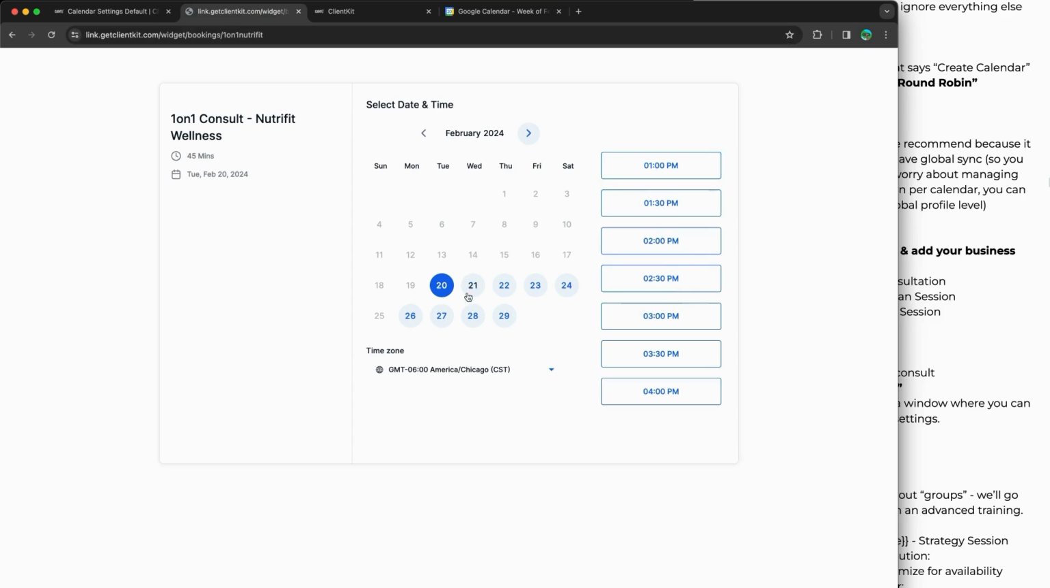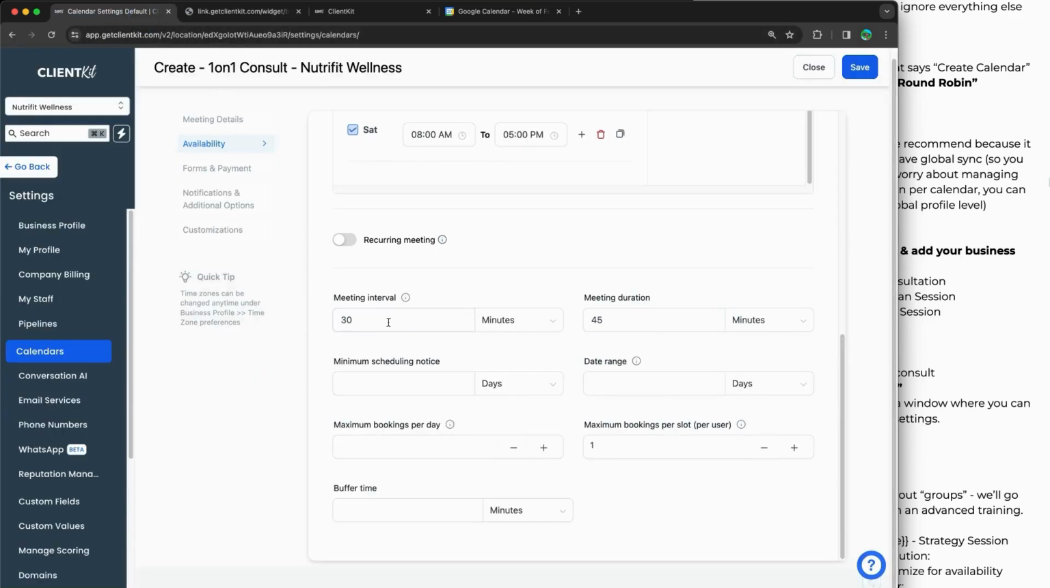So it shows right now, if somebody selected February 21st and wanted to meet with me, they can select 9 a.m., 9:30 a.m., 10 a.m., right? Let's say, for example, I didn't want that to be the case. I only wanted it to show up on the top of the hour. I can change the meeting interval there. I hit save,